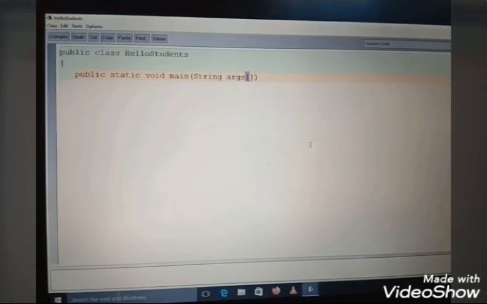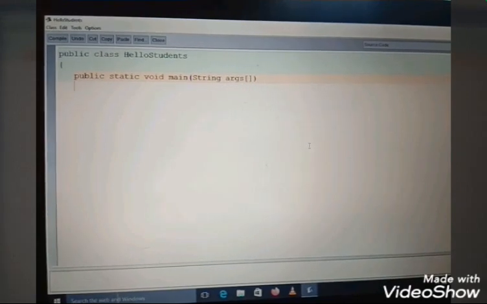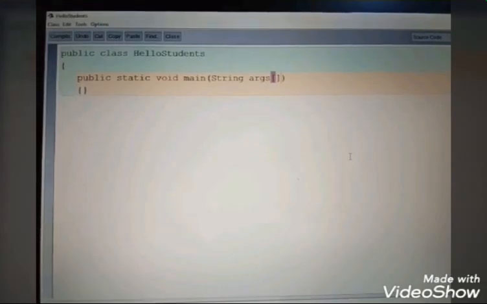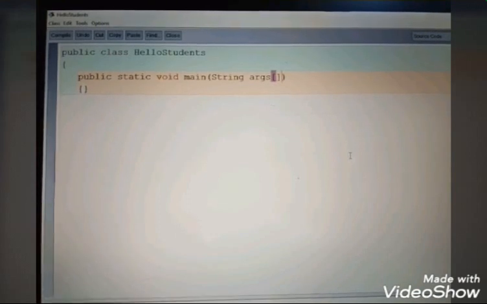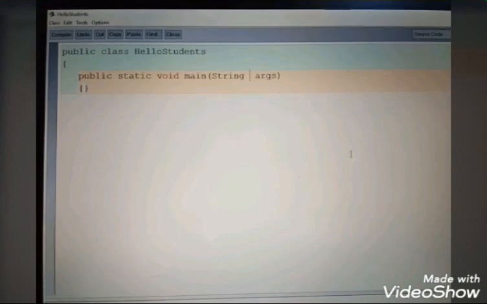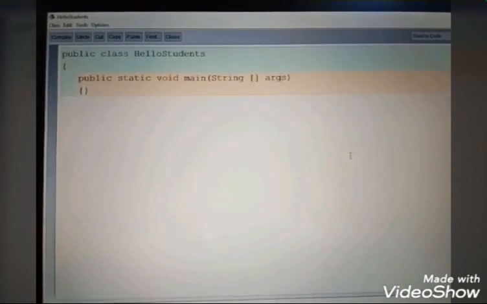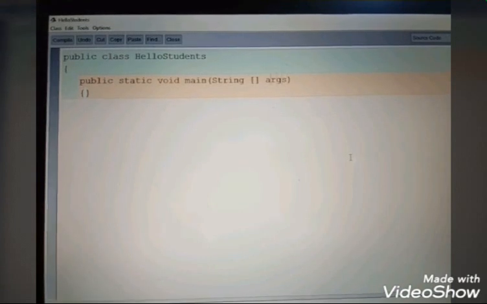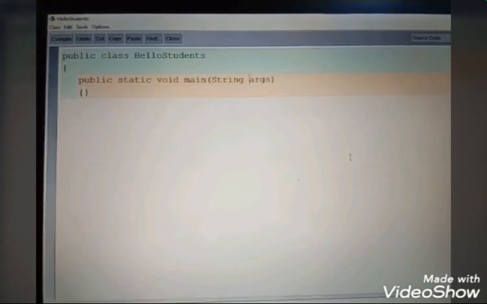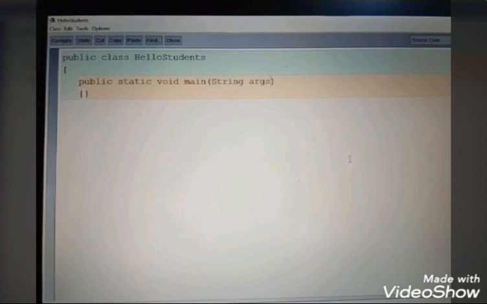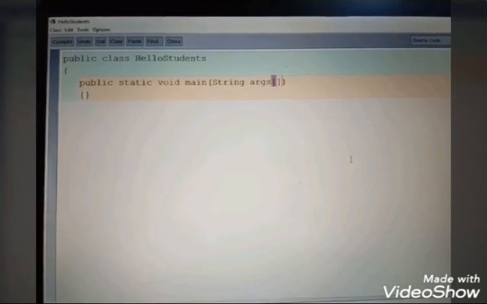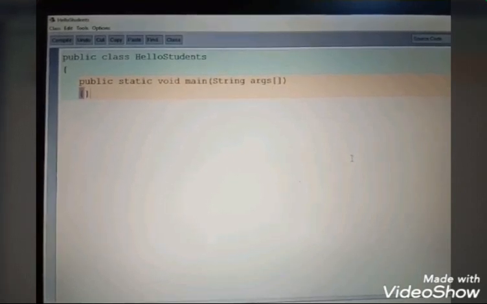This is one process. You can also write it like this: after String you put the square bracket, then you write args. This will also be correct. Okay, so I am using the square bracket after args. Now we have to open one curly bracket again. This curly bracket is opened.